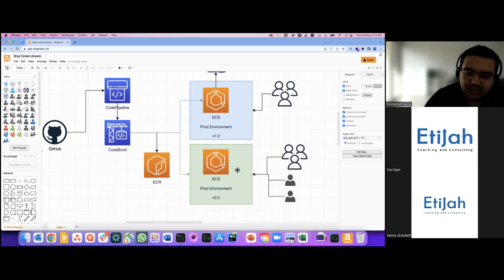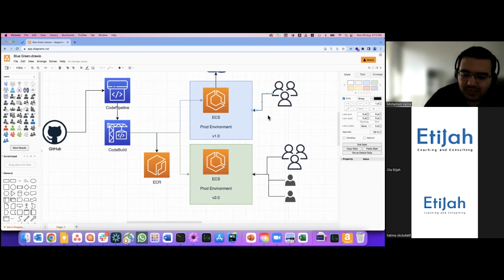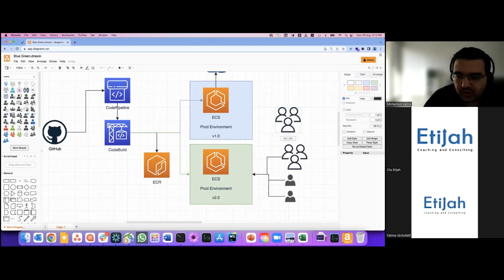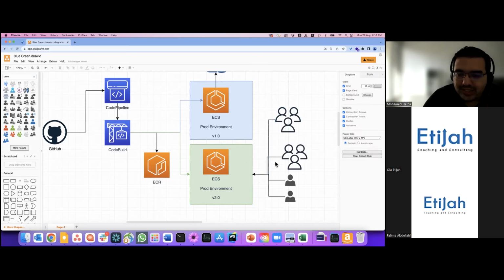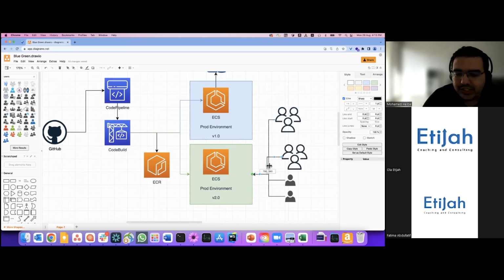So I'm making sure that version 2 is working perfectly fine. The features are great. There are no bugs. There are no major issues. There are no critical failures. And bit by bit, I'm taking everyone from version 1 and making them use version 2. Okay, so this is why it's called blue-green. The blue one is the old stable one. The green